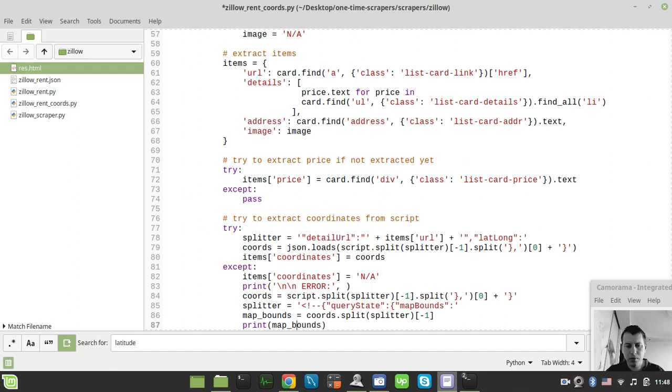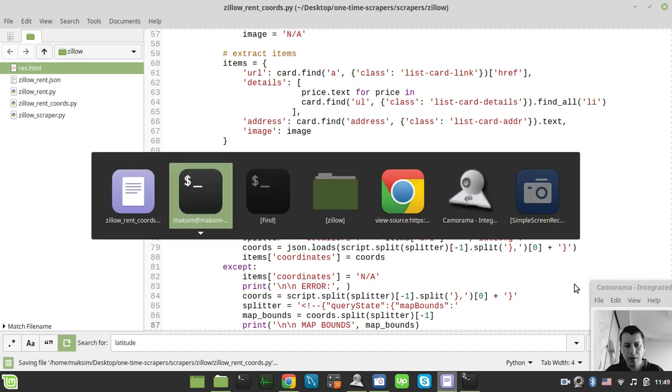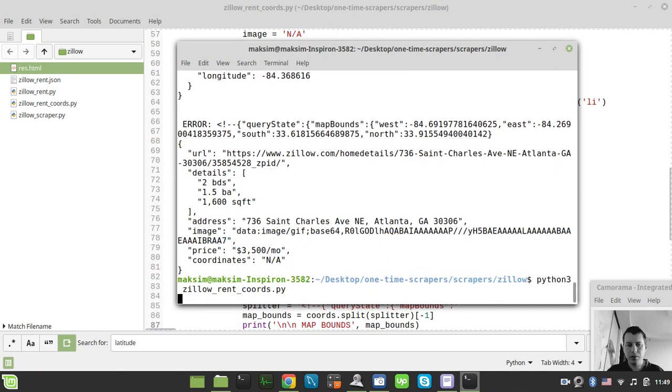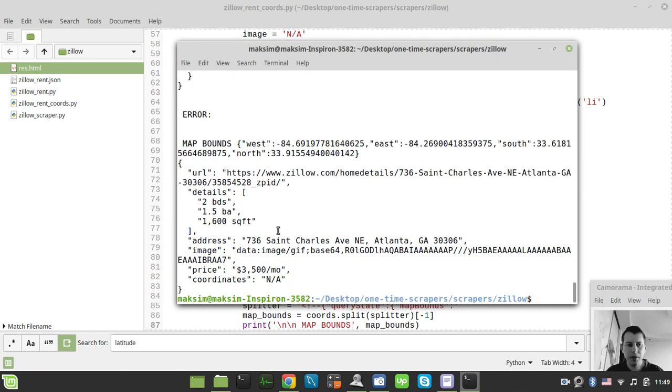Map bounds, and also saying map bounds. Okay, and yeah, so let's try to run this one more time, basically. Okay, map bounds seems to be just pretty well. So this is already